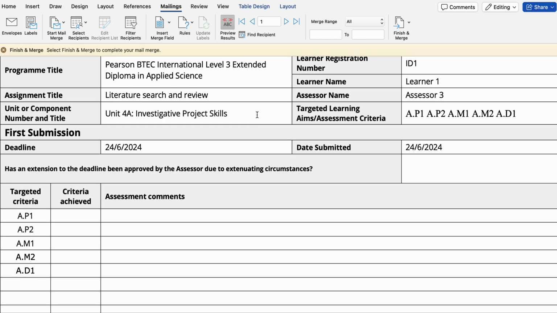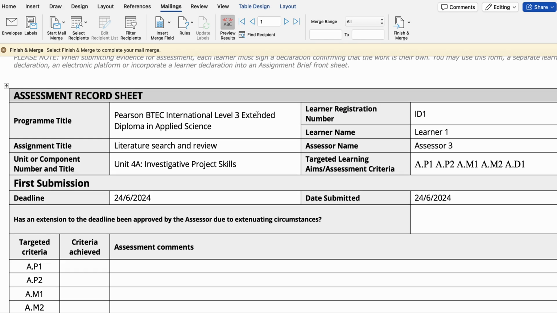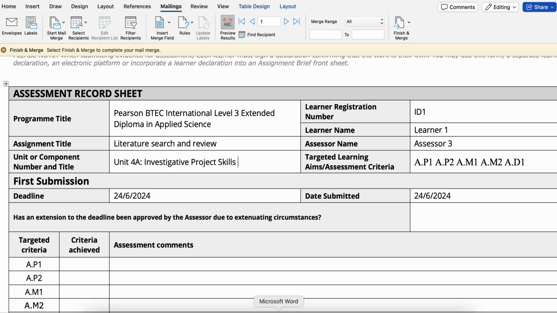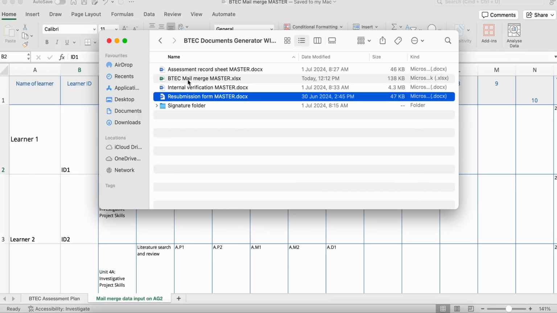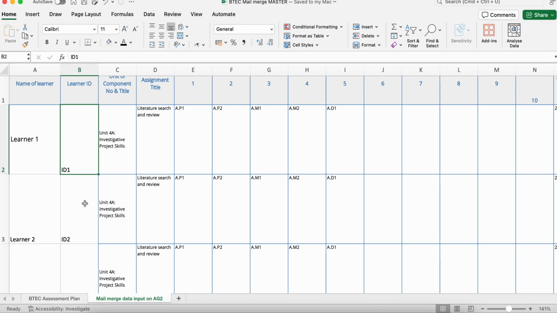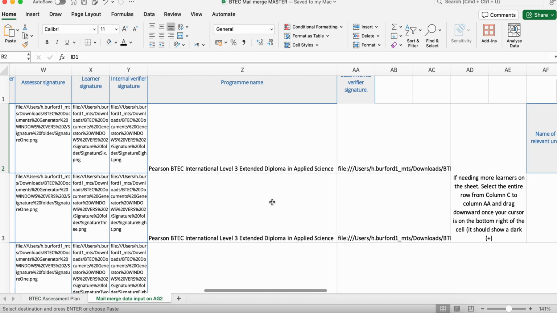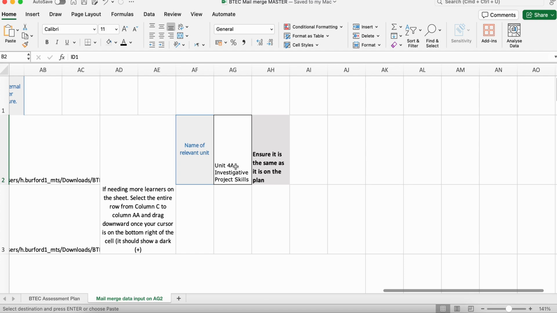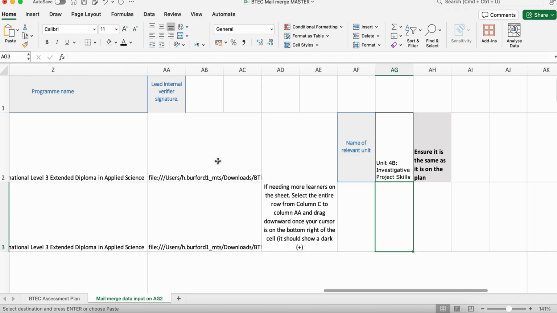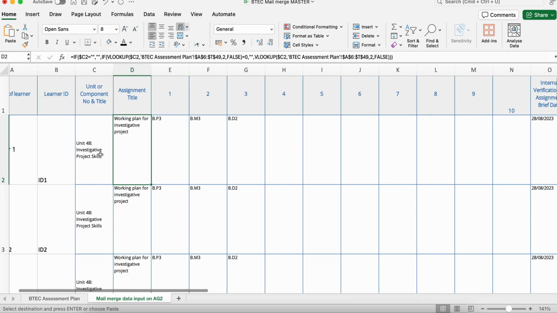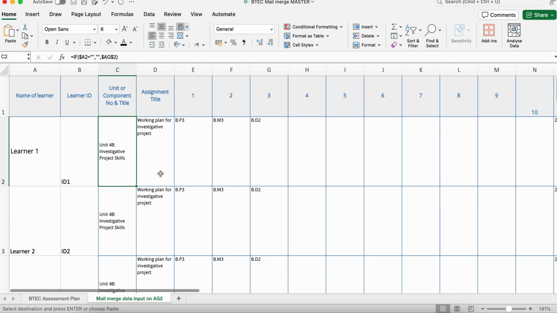If you did want to change between, so if you wanted to do a lot of these documents at the same time, so for example, I want to also quickly do 4A and 4B, what you can do is, you'd go back to this, find 4B, copy and paste, go into AG2, paste it into here. This is all updated for 4B, as we intended. You would have to click save,